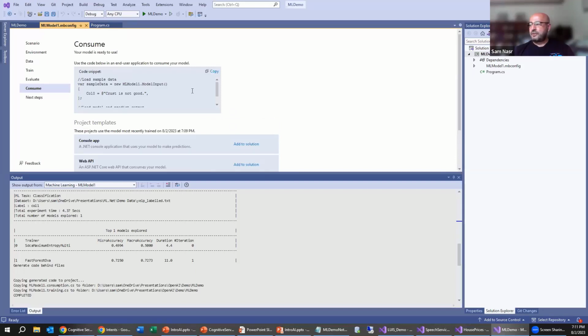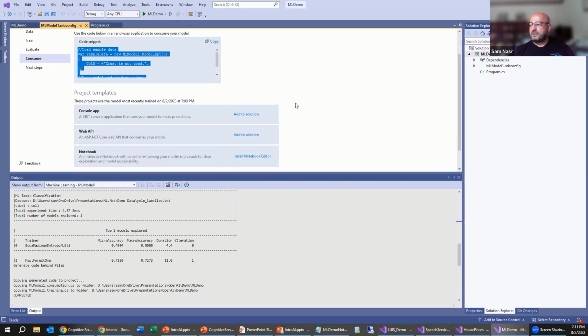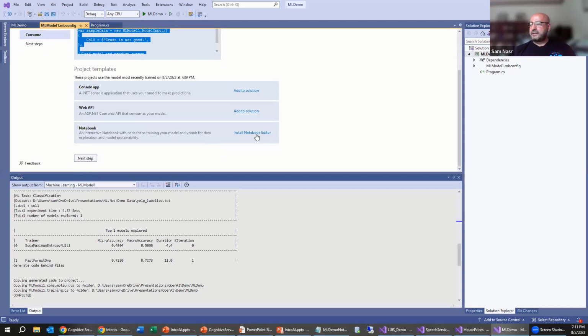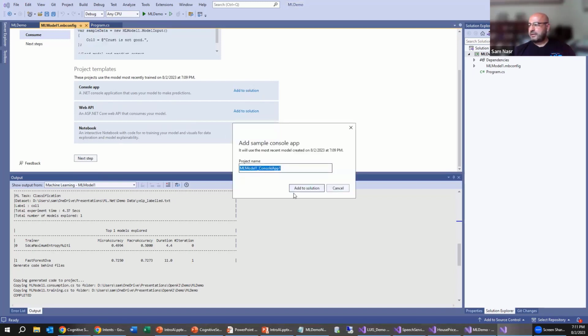I can either use it by cutting and pasting this code snippet, I can add it in as another project in my solution, as another console application, or I can use it as a web API to call into it. And last but not least, I can use it in an interactive notebook. So I'm going to opt for adding it to a solution as a console application.